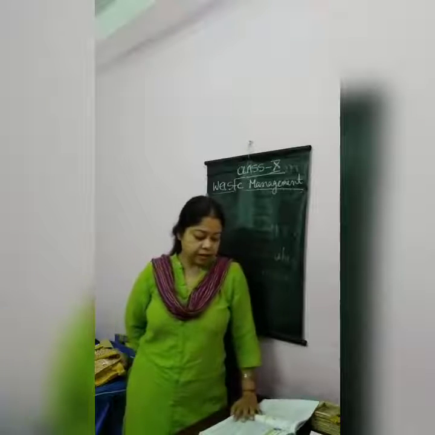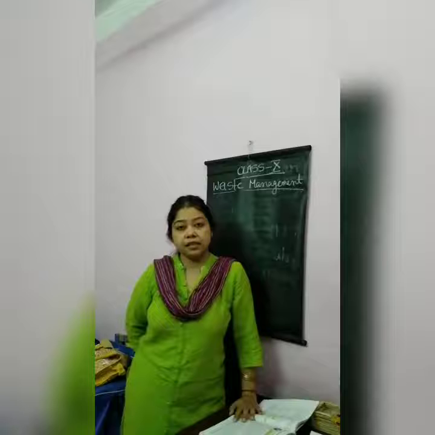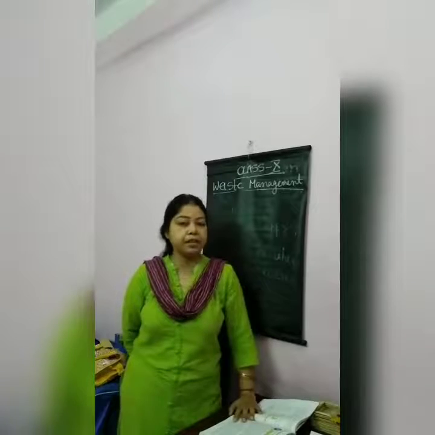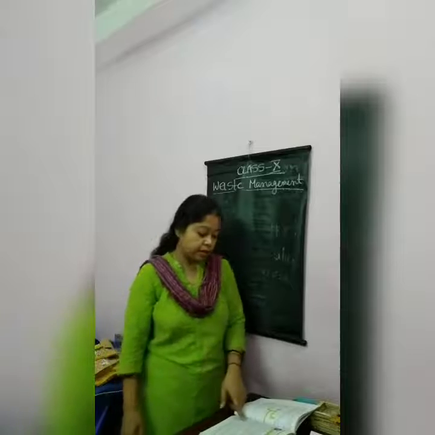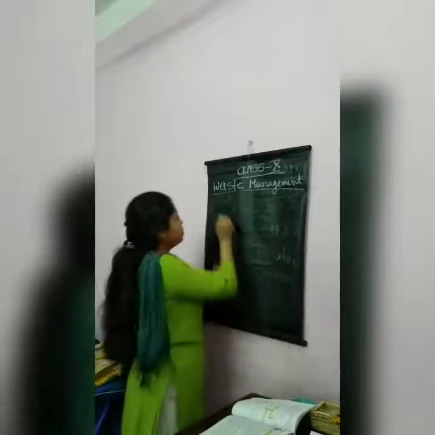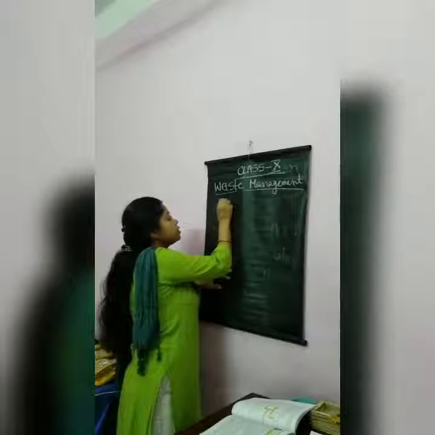Depending upon the physical state, waste are of 5 types. What are the 5 types of waste? The 5 types of waste are solid waste,